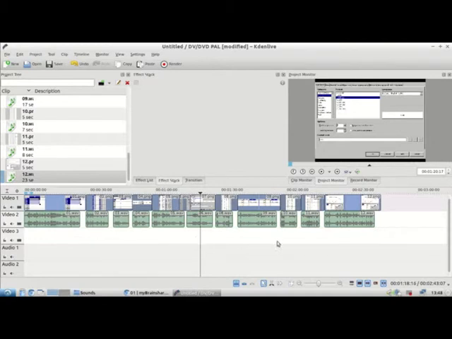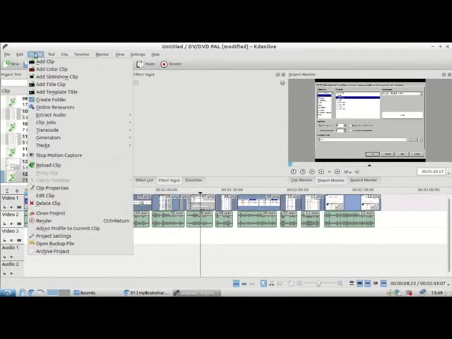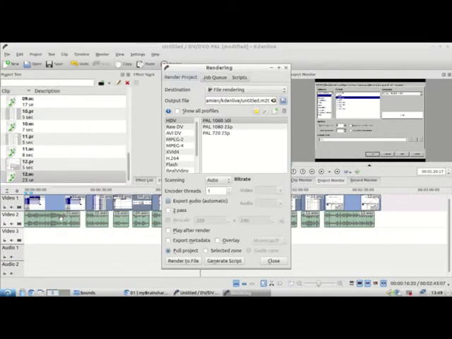So what do we do now? Well, we're basically done. We just have to export it. We're going to Project, Render. Now, file rendering is an art in itself. You have to decide which format you should save it to. I would advise to use something as simple as MPG-2. That's usually the format that they accept for